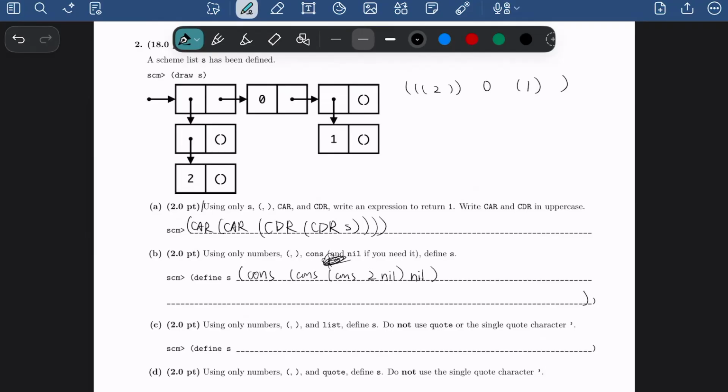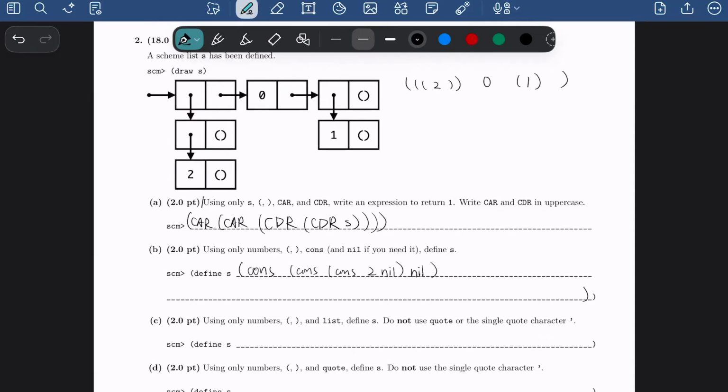And now we want to construct the rest of the list. The rest of the list, as a list, we have 0 and then a nested list of 1, right? So we can go ahead and construct that as well. We're still going to use cons. In this case, we can just write our first element, which is 0. And then we have to go into our rest of the list as well. For this list of 0 and nested list of 1, our rest is